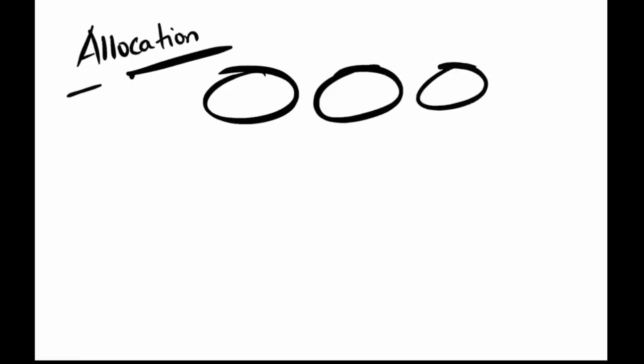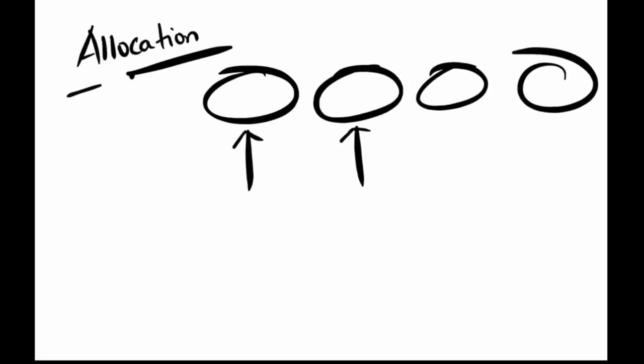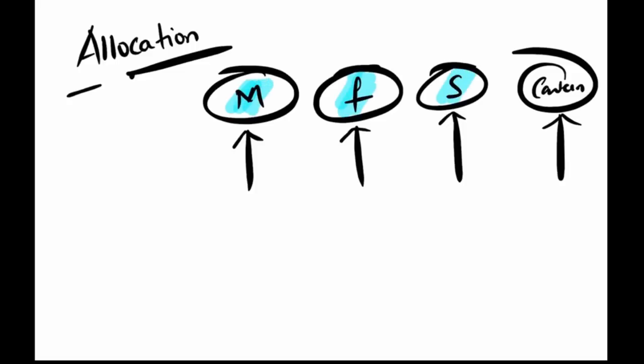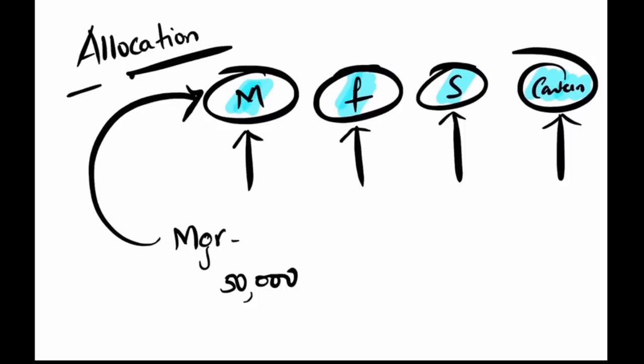Now when I say allocation, out of the cost centers I have identified, I try finding out expenses which are directly concerned with those cost centers: machining, finishing, stores, and let's say canteen. So I need to identify expenses which are incurred only by machining, only by finishing, only by stores. Let's say for an example, I have hired a manager,